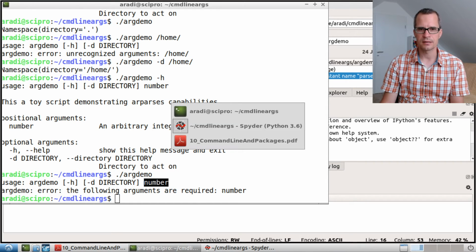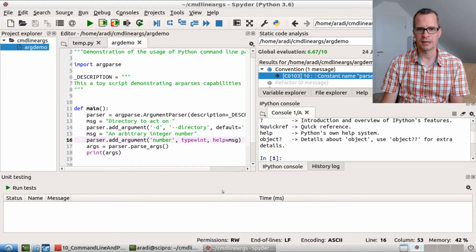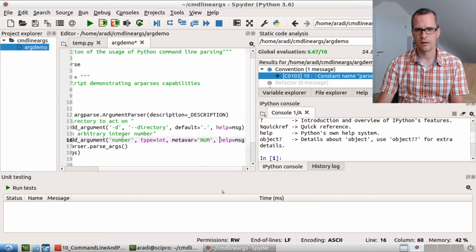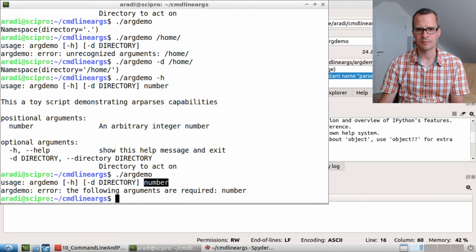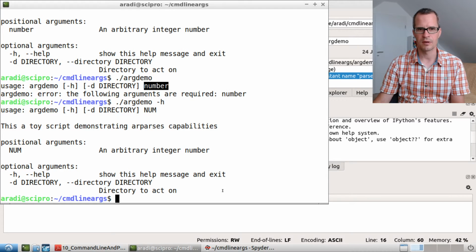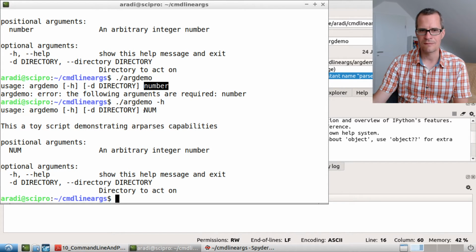Now let's add this one thing which I had on the slide, this metavar keyword argument here. So we are saying metavar is equal to num, and let's have a look what happens then. If I'm just getting the help, then you see that basically the name which appears here has been changed. So here it's referred to as num,